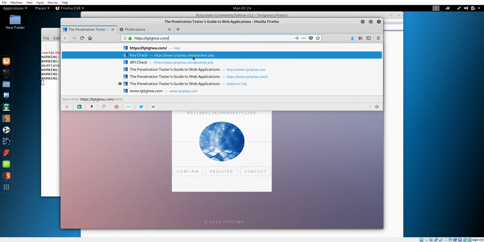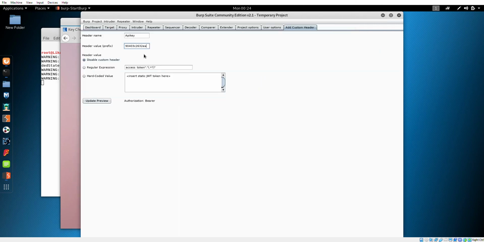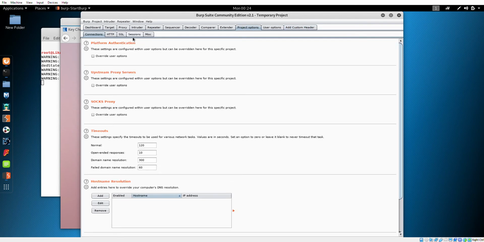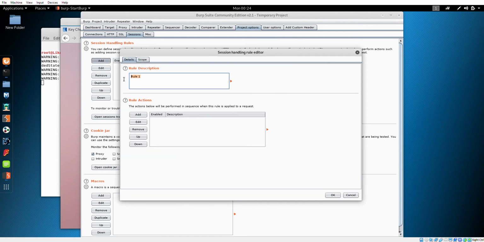For the test environment, and you can use this as well, this is going to be this 9040, whatever that is. And I'm going to go back over here, put that into this value. I found this works pretty well. And then update preview shows the API key that we just put in. And now from here, go to project options,